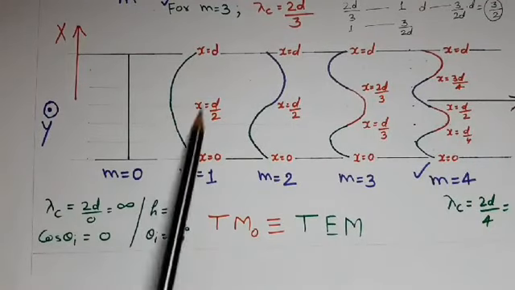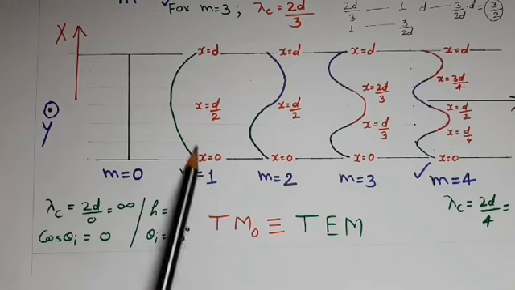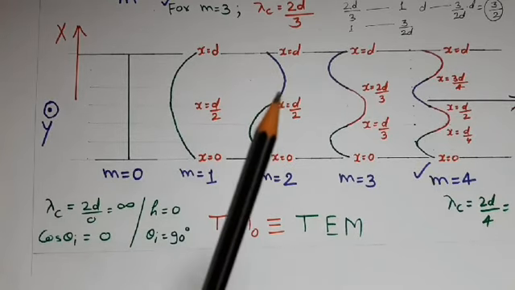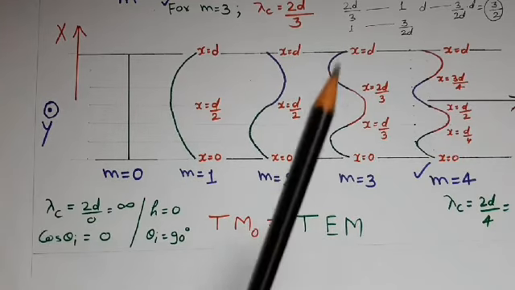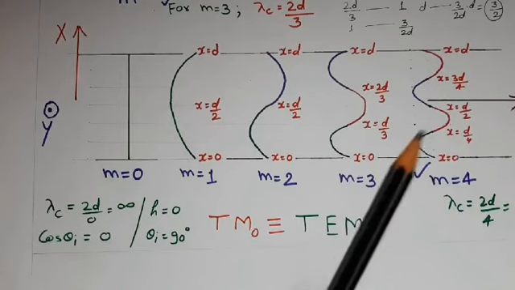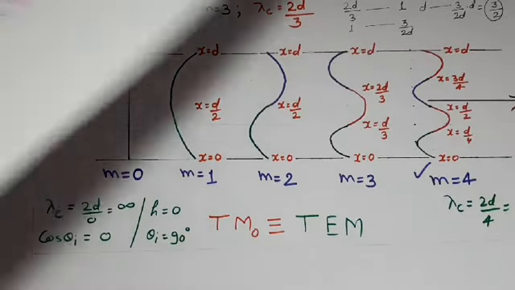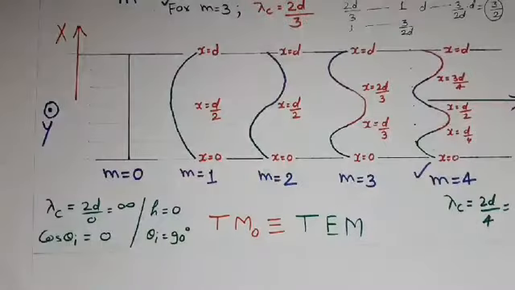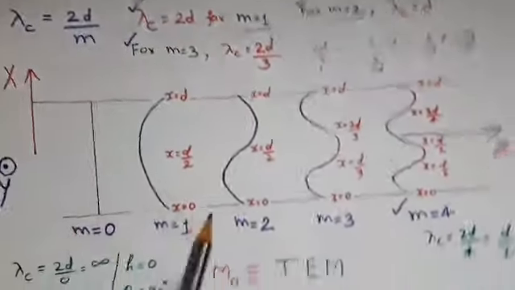In this case, we can define that for m is equal to 1, the field would be 0 only once in between the planes. For m is equal to 2, the field will be 0 twice in between the planes. For m is equal to 3, the field will be 0 thrice in between the planes and so on. This definition we can use if the variation is a cosine function. Now after getting this much knowledge, we see how the field distribution will be plotted.